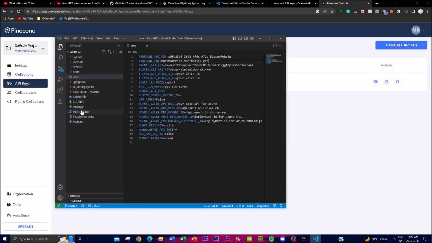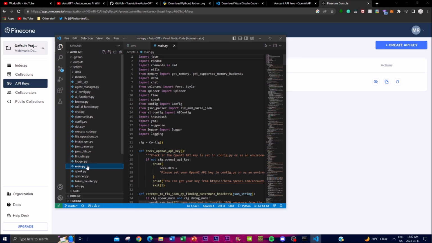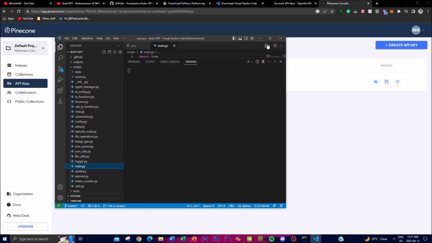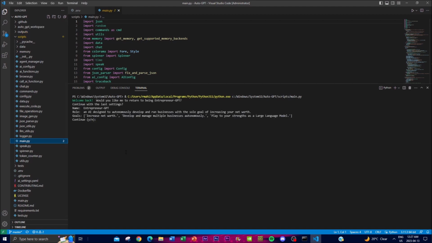After, you just click save, and then you go into, I believe, scripts. Once you go to scripts, you go to main.py and click the play button over here. What this will do is start creating and running the actual processor of the application. It is asking you: welcome back, would you like to return to being